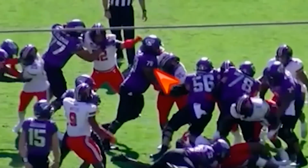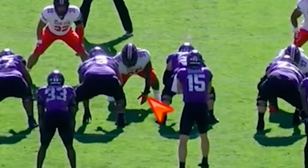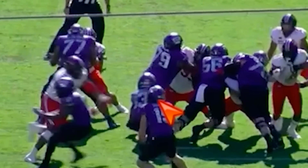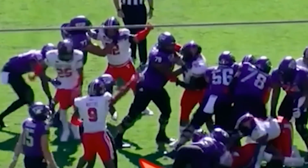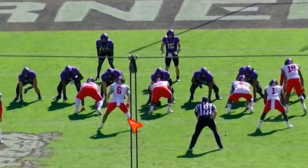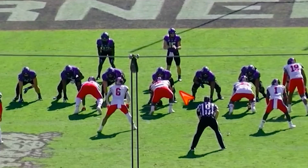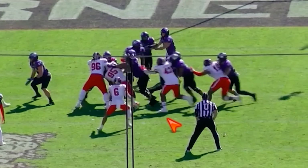So you see, hey, good first second of the block. That's really, really good. But his pad level rises. His feet don't continue blocking through it, and he's able to get stood up. And I think he struggles working angles. When he does work his angles, like you'll see here, he's got power